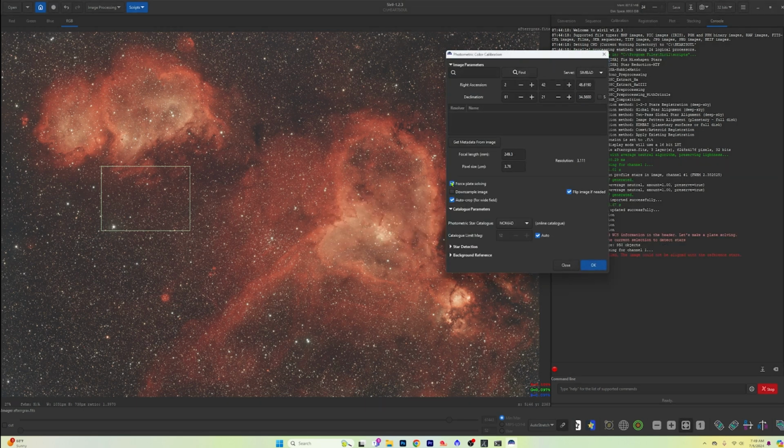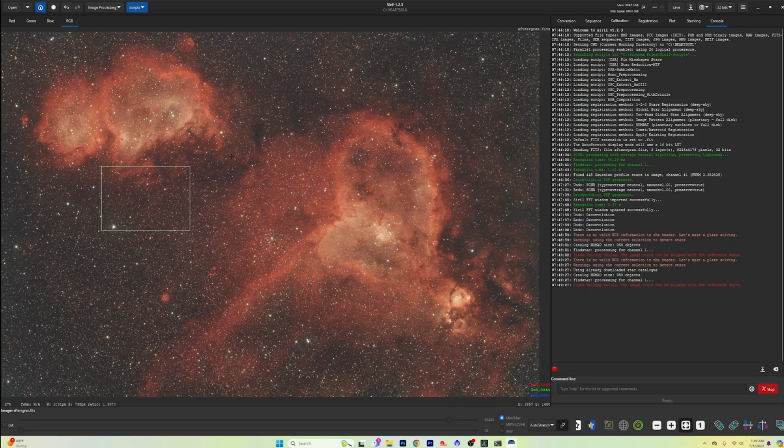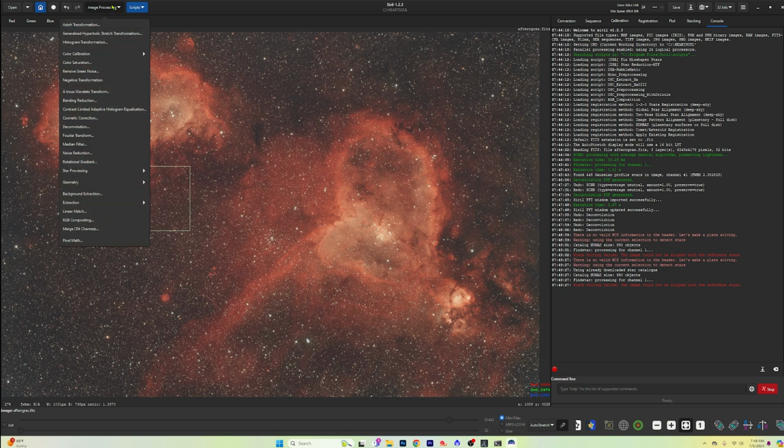I'm just going to click OK, and we'll watch the process console here and see what it'll do. So it's failing us again. So let's go ahead and try clicking the force plate solving to see if it can pick that up. Nope. I do not know why it likes to calibrate this sometimes and why sometimes it does not. It's kind of annoying, but just kind of the way that it is. No problem. What we can do is just get rid of that, and we can go and do a manual